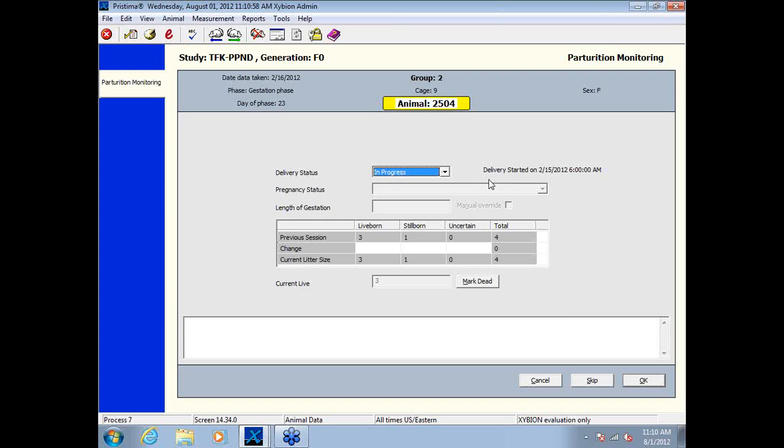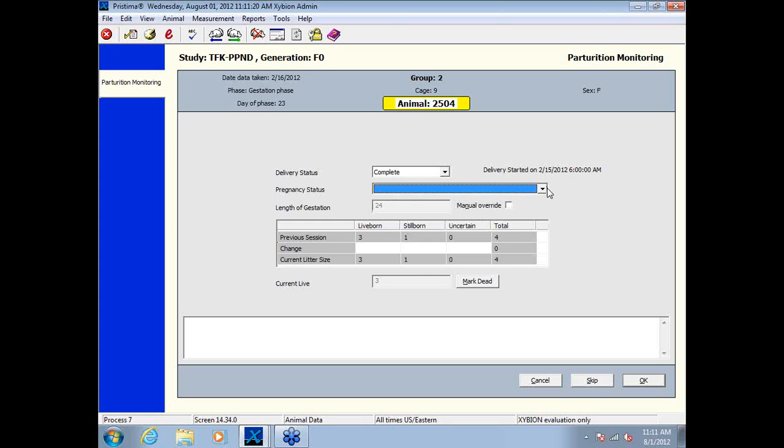And we're back to that animal. And so we see delivery started on the 15th at 6 a.m. She was in progress. So now we can see it's either continuing in progress, and again, the system will keep track of the length of gestation, and also you can see if it's a prolonged delivery, or she's completed, at which point